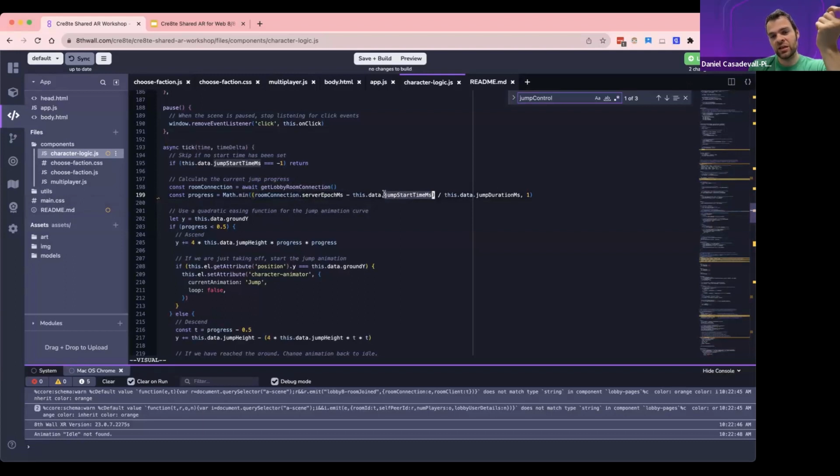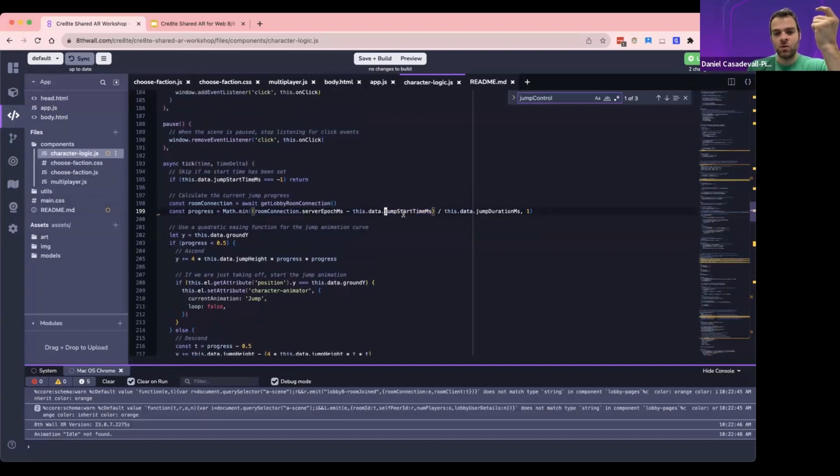You should use lerping and use a start time that is sent by another peer to do something. Now you may be asking, okay, how do I make sure that the start time is the same for all peers? Because everyone has a different clock. So this is where server epoch comes in.